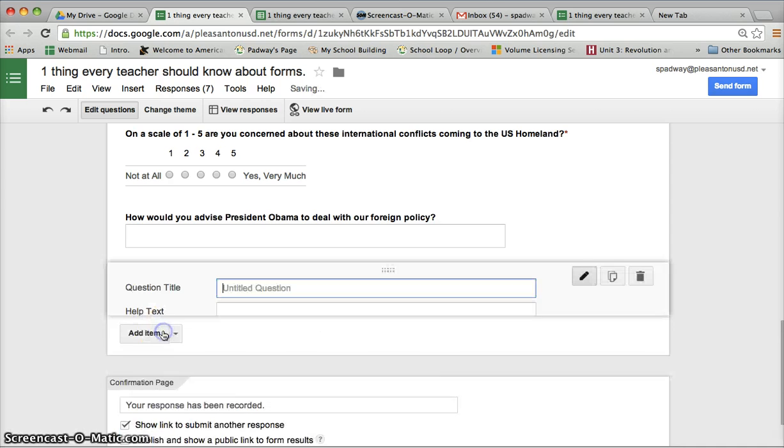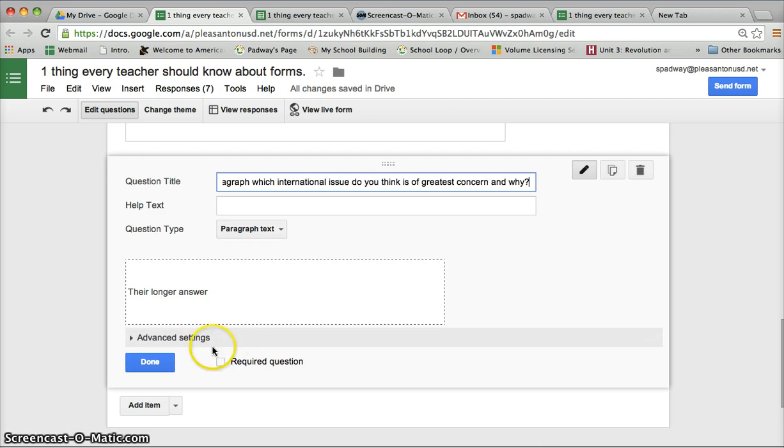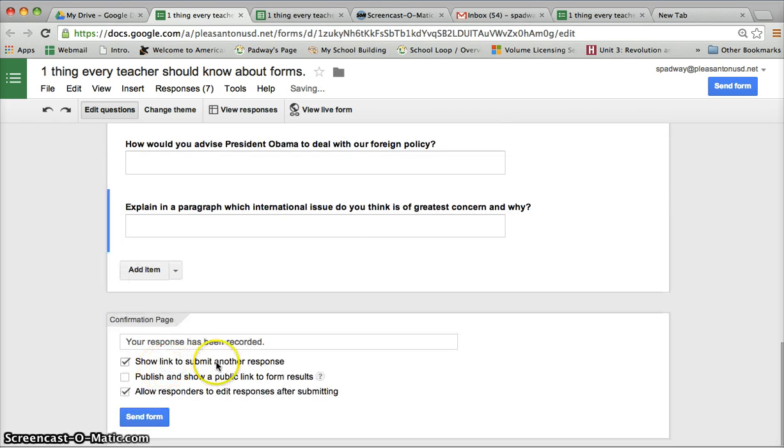We're also going to add one more paragraph question. Explain in a paragraph which international issue do you think is of greatest concern and why? Alright, and the students would then respond down here. So when I'm all done,